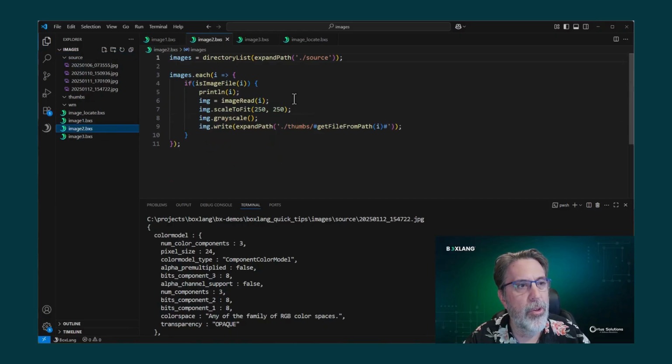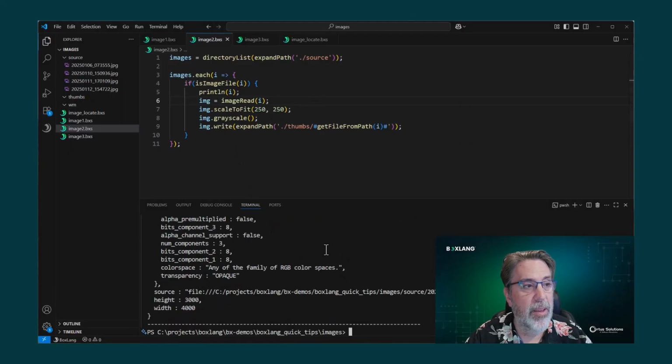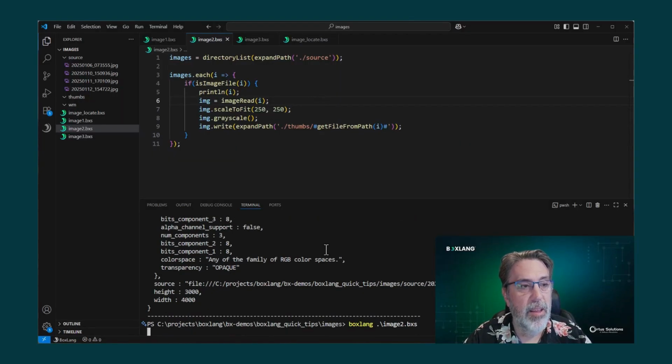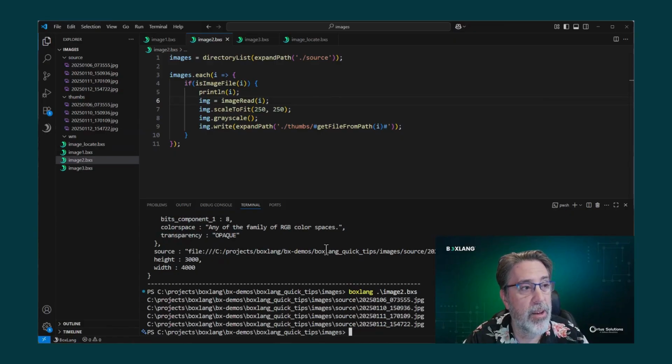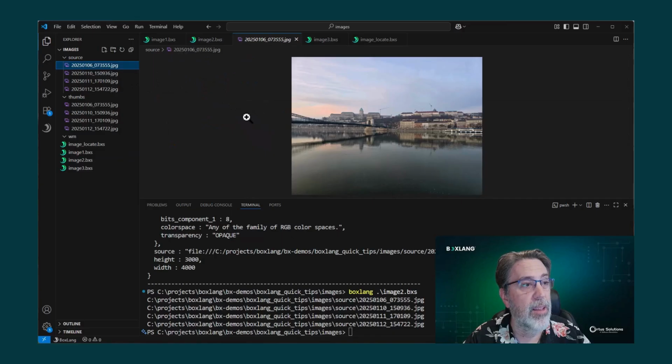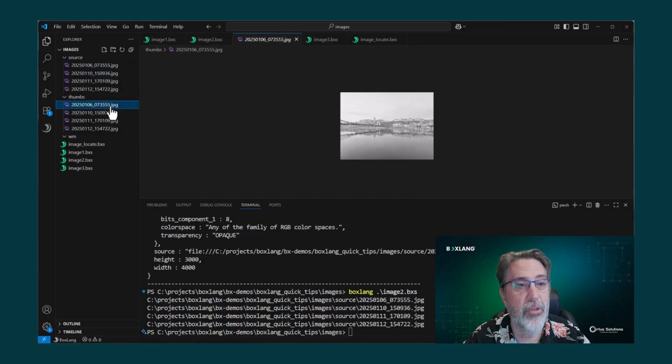Now, something a bit more useful. Once again, I'm going to look at that source directory, and then for each of those particular images, I'm going to do 2 things. I'm going to scale to fit, which means shrink the image until it fits into a bounding box, keeping the aspect ratio, which is important, and then also grayscale it and basically create thumbnails automatically. So if we run this, you see it's going to output for each of the 4 that it works on, and you can see them filling up. And if we look at that source image, or one of them, you can see a lovely picture there, and then the much smaller